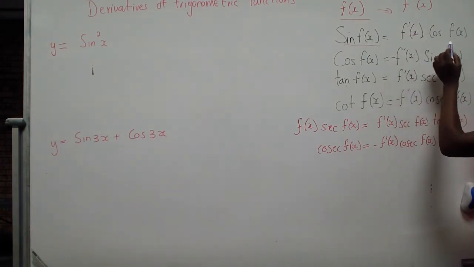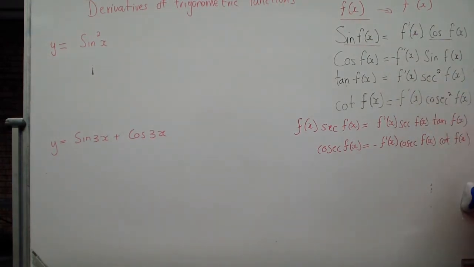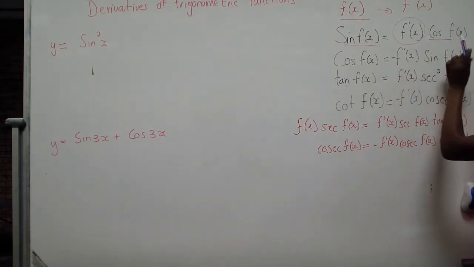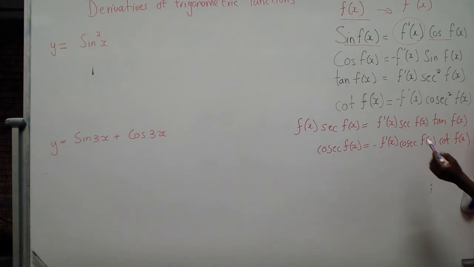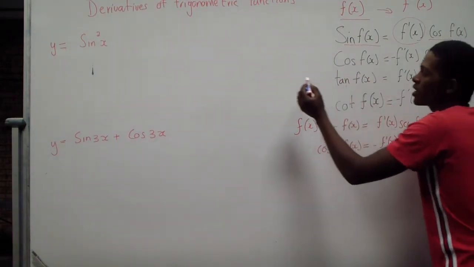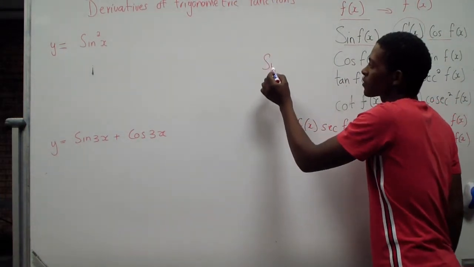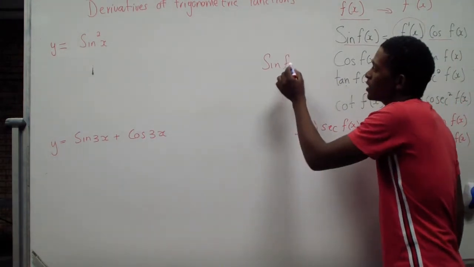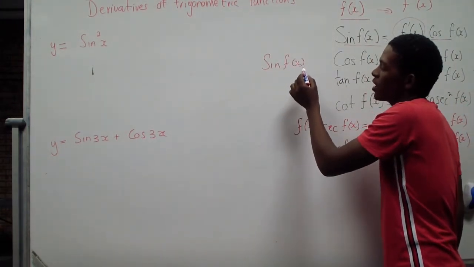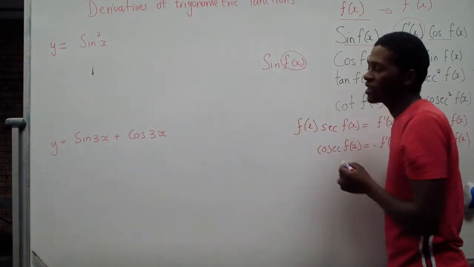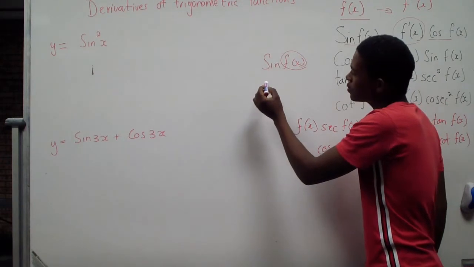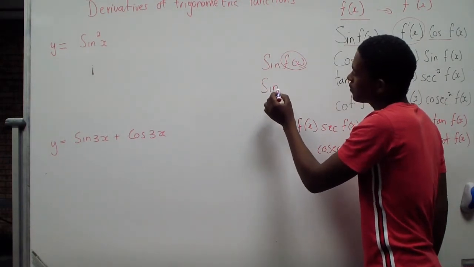I'll get a cos. But now that cos goes with the derivative of a function and the function. Whenever I'm having a trigonometric function, I'll always have a function. So in grade 12, you know that you'll have maybe your sine